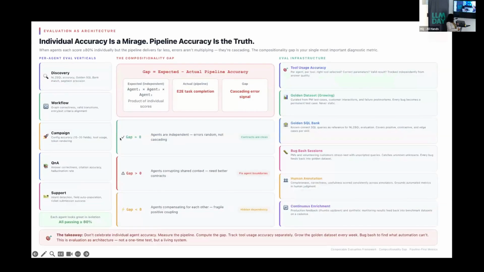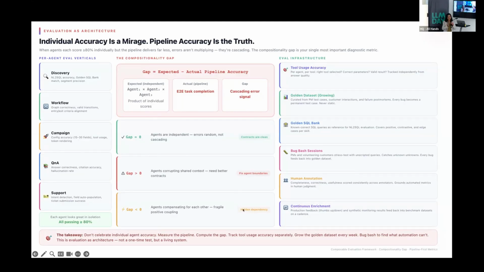Another very important point: as you have a multi-agent system, a lot of things could go wrong in a lot of different ways. And you would think, okay, my orchestrator has 90% accuracy, my agent has 90% accuracy, so for every use case I should get about 80%, right? Because it multiplies. But it's not that simple. First you go to the discovery agent, you do something, you get some information, then you're supposed to send that information to the workflow agent. Maybe from the workflow agent, you send something else to the Q&A agent, and many other directions.